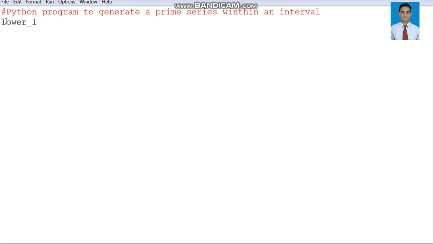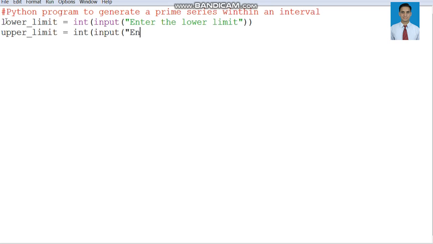Let us take a lower limit, and we will take data from a user. Enter lower limit. The user will enter a lower limit and it will be stored in the variable lower limit. Similarly, the user will enter the upper limit of the interval, and it will get stored into the upper limit variable.